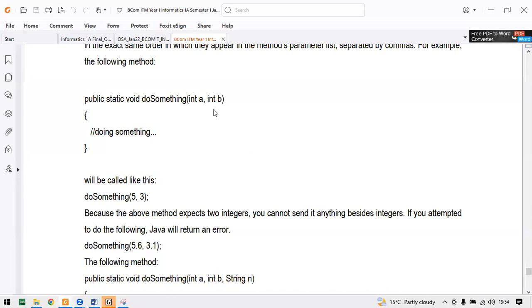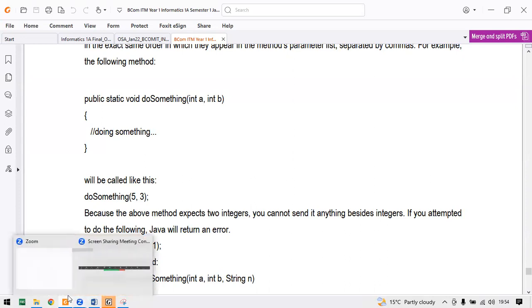You are simply reusing it, to say, I don't want to use 5 and 3, I can use 20 or 10. So it provides the concept of what? Code reusability. That's simply on methods. I will discuss more when we meet on our next meeting.